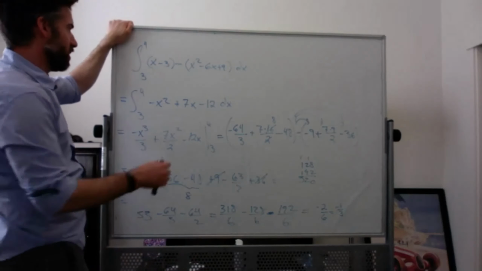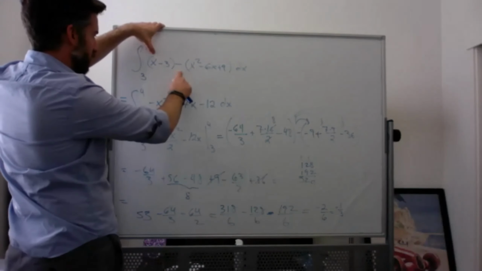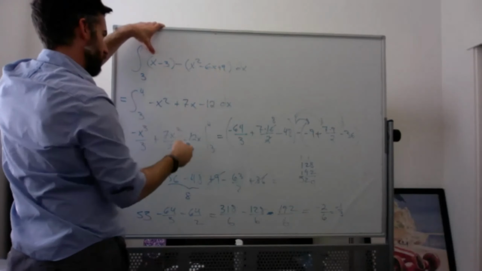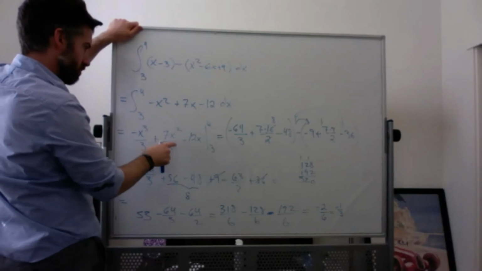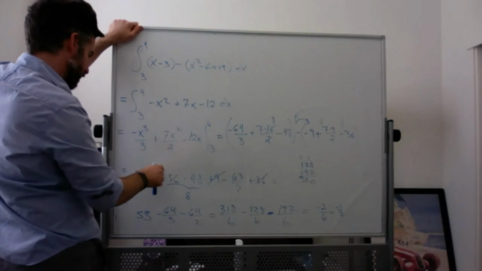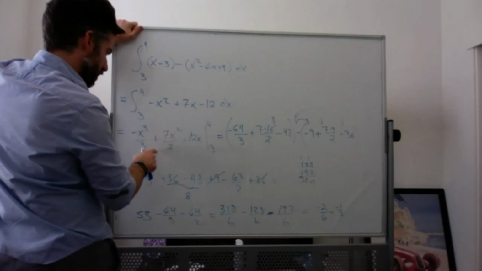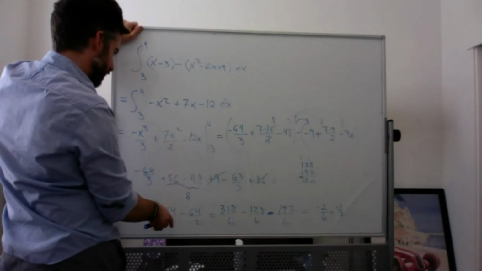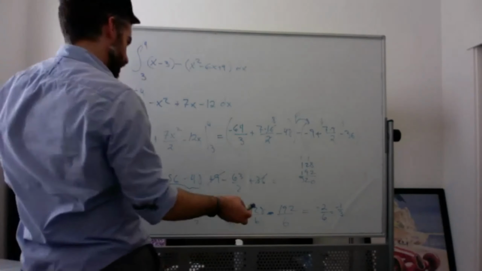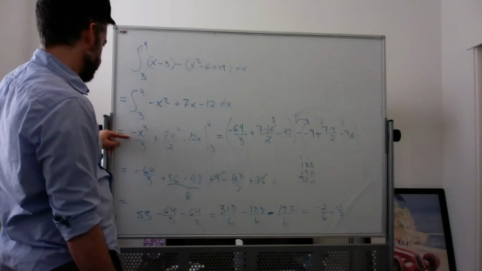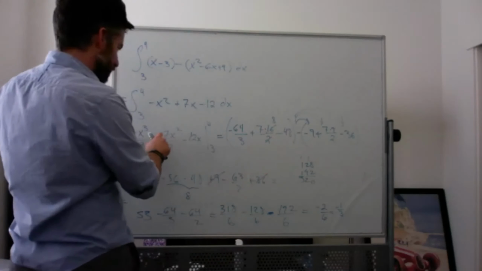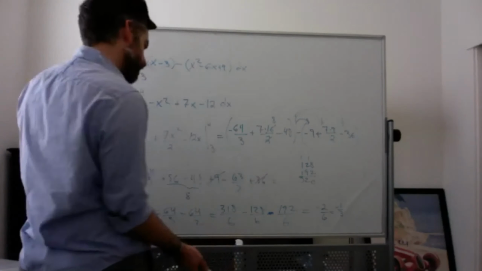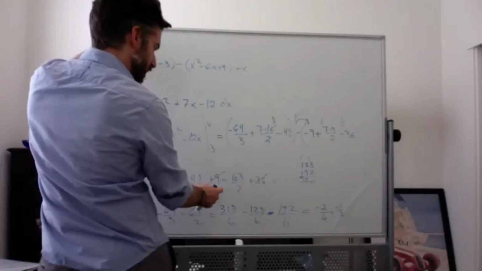Let's go back and check. So I've got negative x squared. I've got plus 7x. I've got minus 3 minus 9, which is minus 12. I have to differentiate it correctly. Yeah. I plugged in 4, I got minus 64. I got 7 times 16 over 2, 7 times 8 is 56. Minus 48, and I plugged in 3, and I got minus 27 over 3, which is a minus 9. 7 times 9 over 2 is 63 over 2. Minus 36, okay. I distributed the minus sign, I got plus 9, I got minus 9, plus